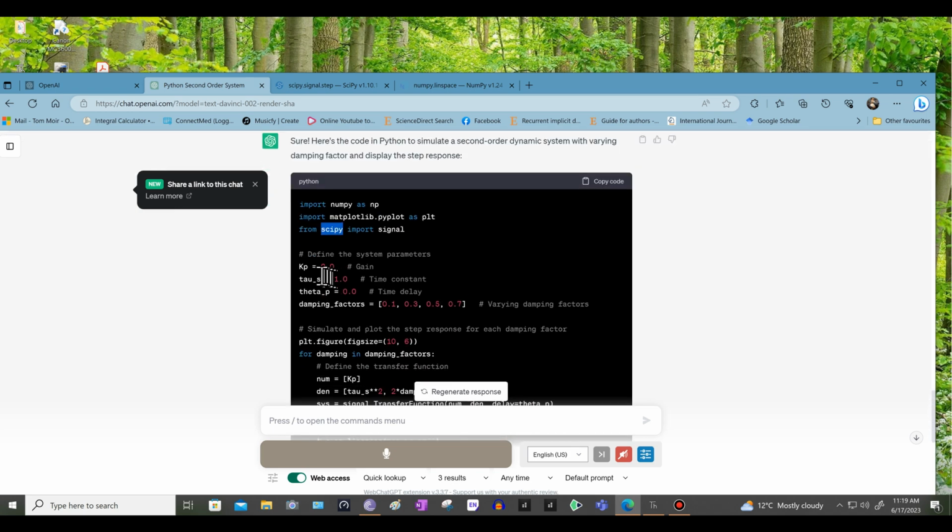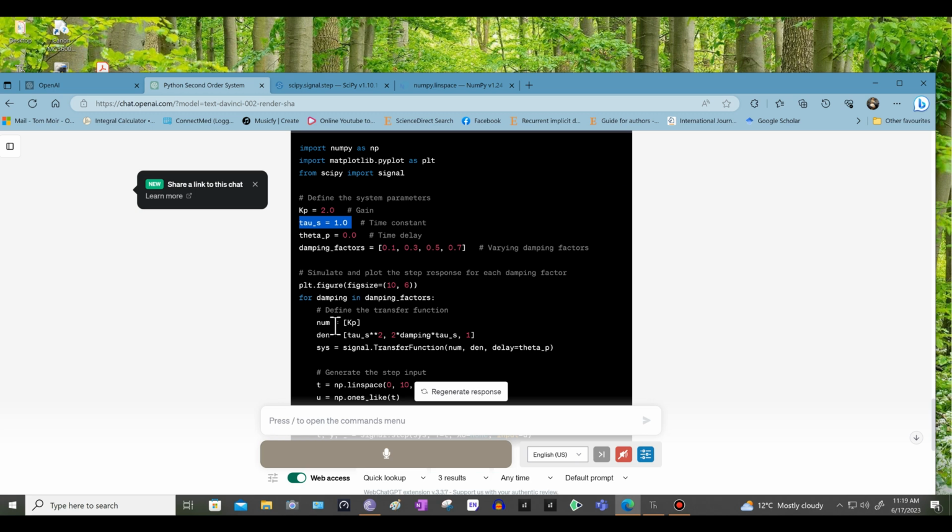You see what it's done is, though, it's defined a gain of 2 on the system. Well, that doesn't matter, but it's defined a time constant. The thing about second order systems is, unless they're critically or over damped, in which case they've got 2 time constants, they don't really have time constants. So it's not a very good definition, this, but it turns out it is kind of all right, because it's defined as 1, so everything kind of defaults to 1, but I'm going to change it anyway in my version of the program. It's even defined a time delay, which is going to be 0, and it turns out that doesn't seem to work either. It's put the damping factors into an array,